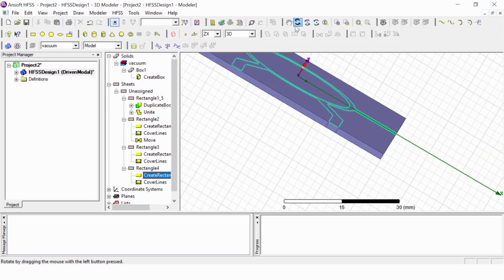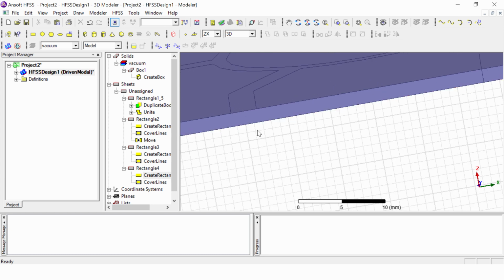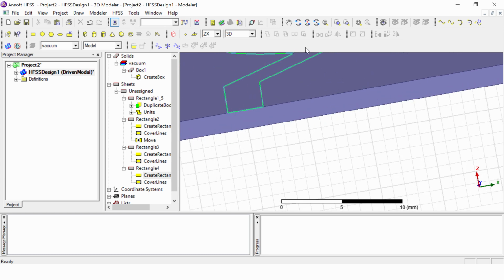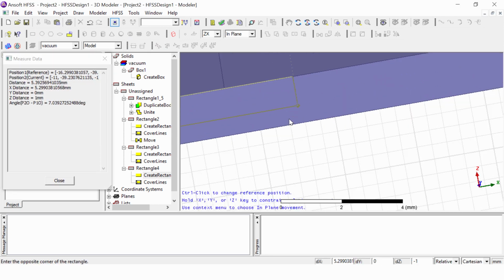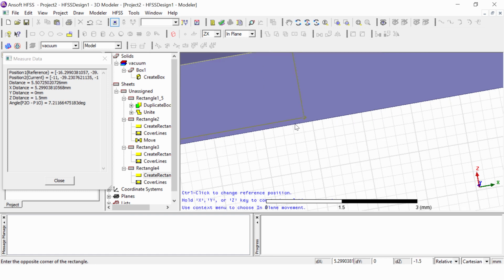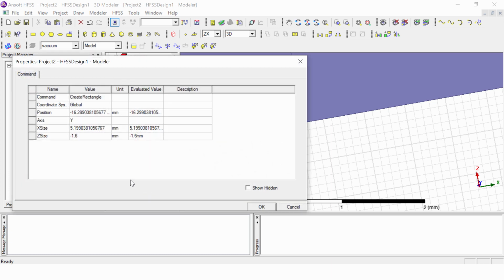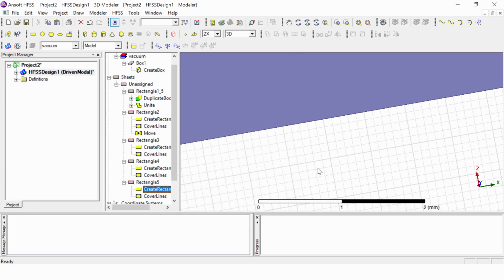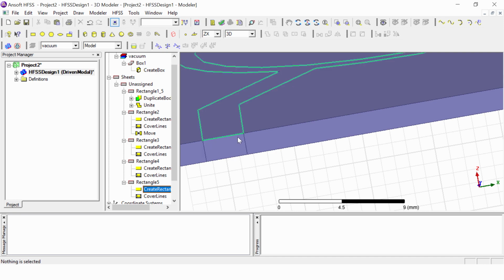Now next is this one, and the same way we will do this for all 4 ports. We'll change to 3. Okay, so we can see this is perfectly having the same width as the line.